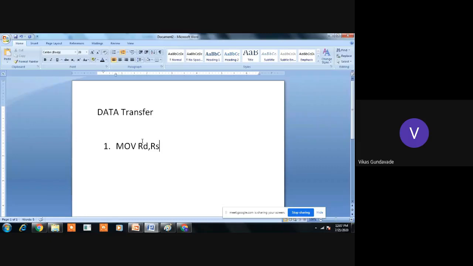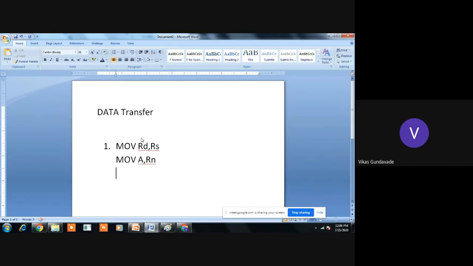If you want to transfer the content from these 34 registers to one another, the instruction used is move RD, RS. So from the right hand side towards the left hand side, the data transfer will take place. From RS, the contents will get transferred into the RD. Okay, in which the first instruction is move A, Rn, where the destination register is accumulator, and Rn is any register from R0 to R7.